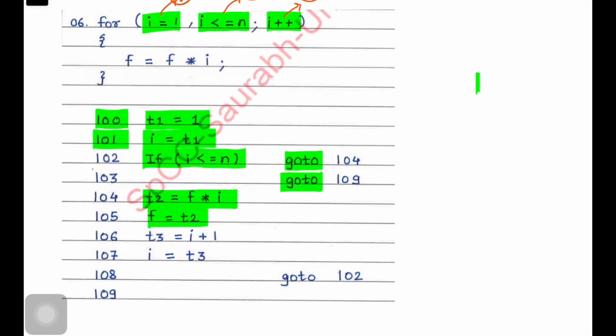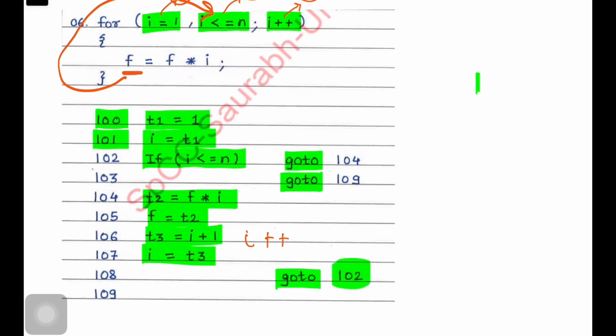After this, these two statements are the incrementer, that is I plus plus is written after the loop, because we know that at this point we have to increment the value of I and then again go to the condition checking. The same is happening over here. As soon as the loop statement gets executed, we are going to increment the value of I, and after that we are going to go back and check the condition. Where is the condition written? At 102. We will go to 102 and check the condition again. If the condition is true, I am jumping to 104. If the condition is false, I am coming outside the loop, that is 109. Clear?